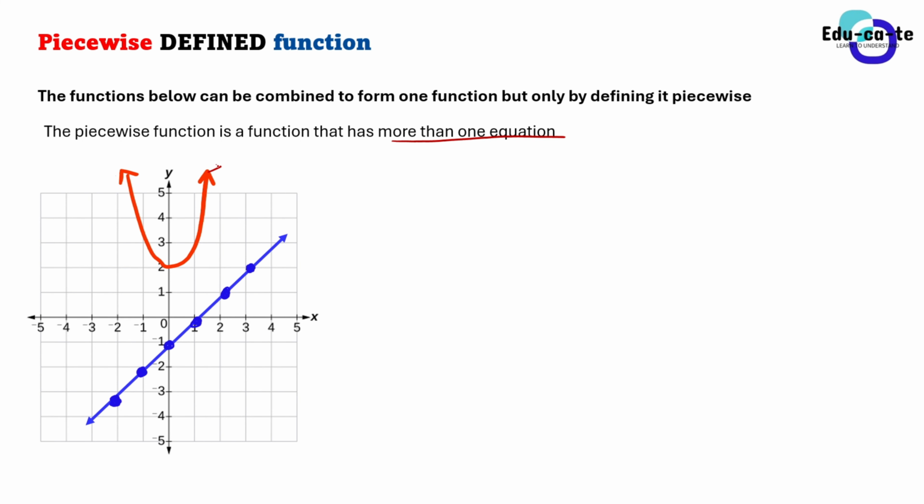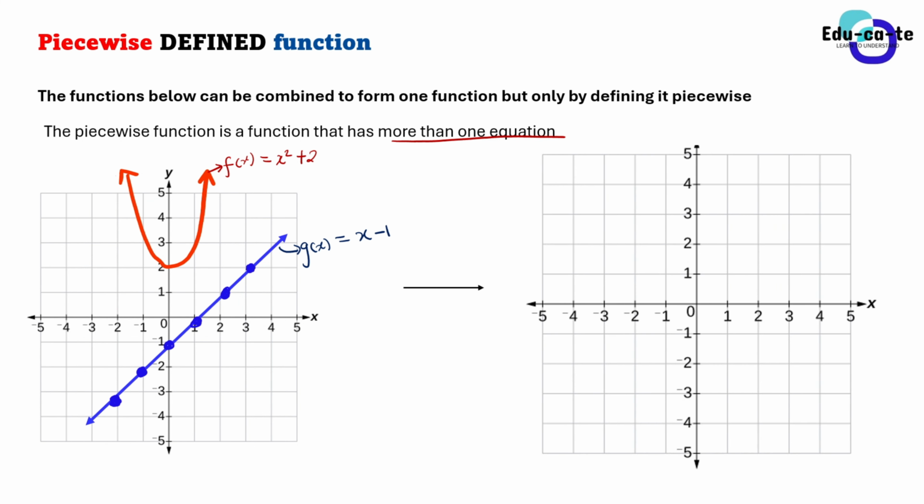So let's get back this function once more. Remember, we've said that this is our f of x given by x squared plus 2, which is a parabola or a quadratic function. And then we've said that this is our g of x given by x minus 1. So now we can combine these two and make them into one function at different domains. So let's just combine these two equations, not add them. You are just combining them and making one new function, and I'll call this function h of x.